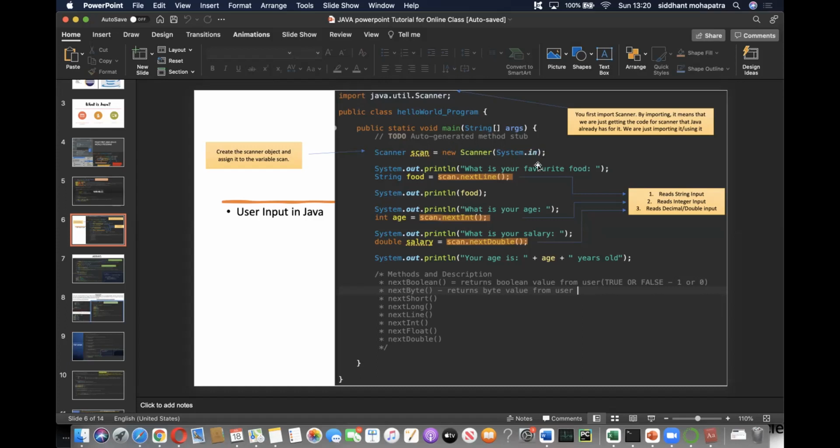Think of it like a printer. In a printer, if you want to scan something, you first place it on the screen, and then you press scan, and then a machine will come and scan it. And when it scans, it will print it out. Similarly here, first we're getting the user to input something, and then